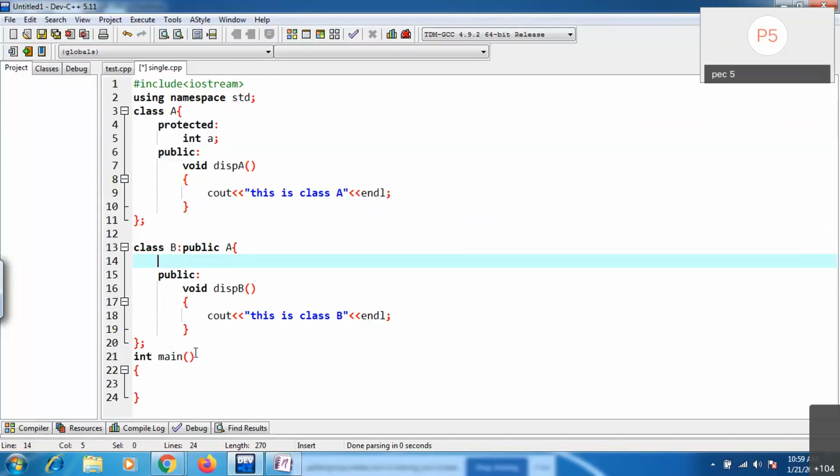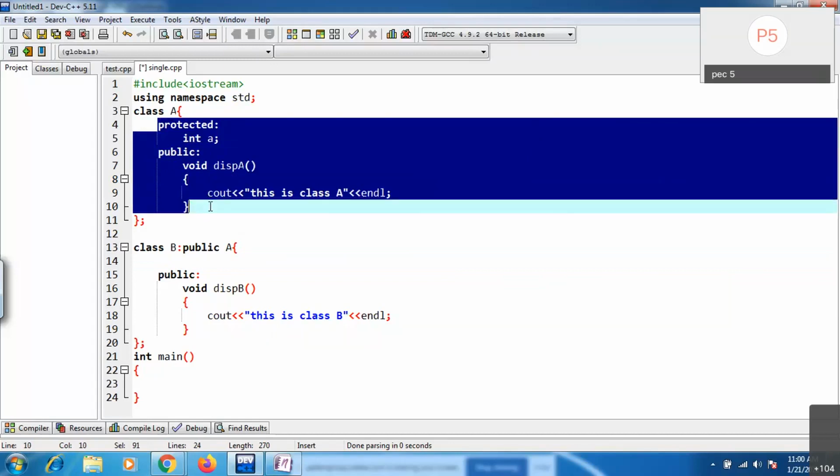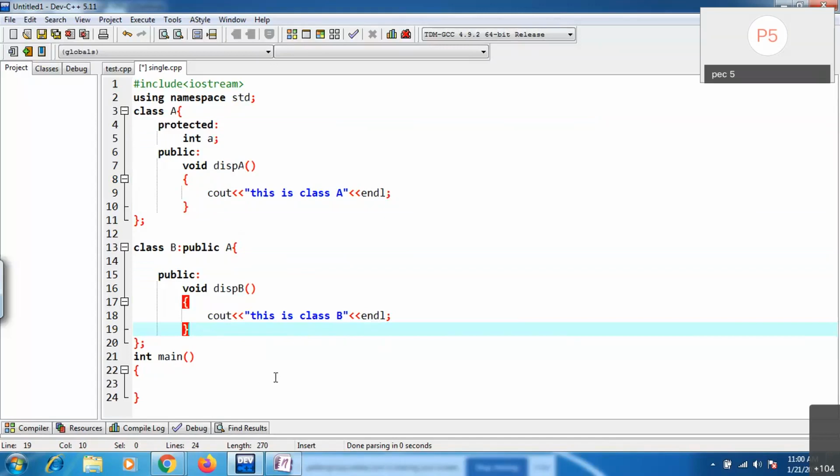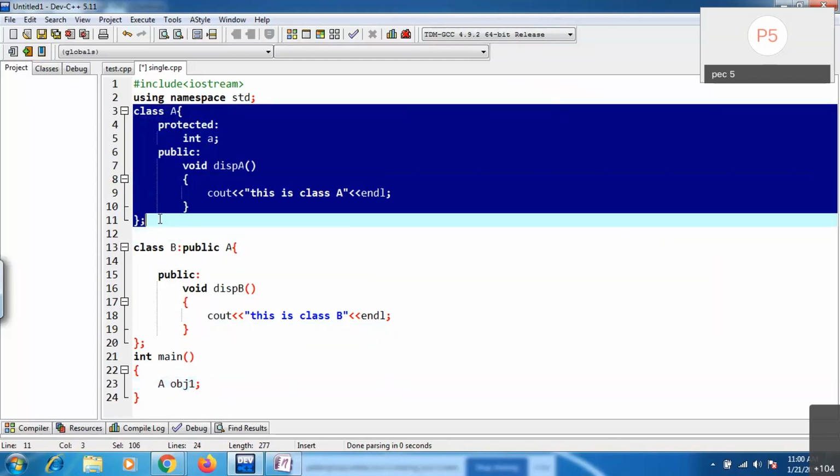Now the point is you are accessing the members of the base class. How can you access? See, if I create an object for A, can I access B class members? Here I'm creating one object, A obj1. Is it possible to create an object for class A?